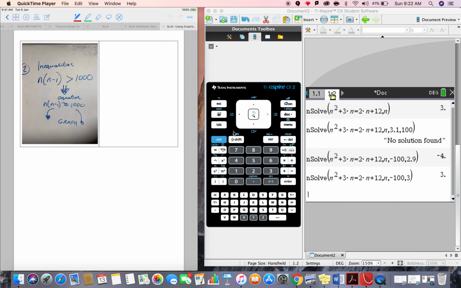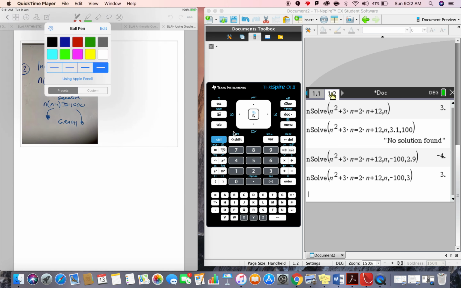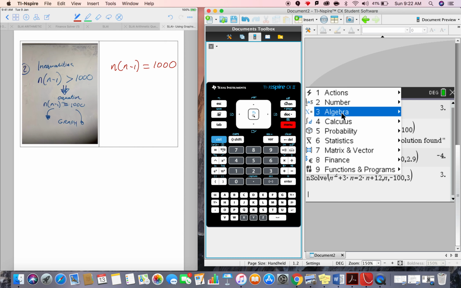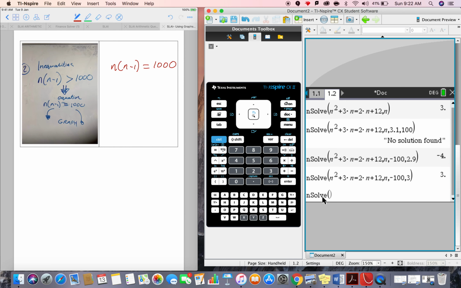Asking us to solve an inequality, and I think you guys know that we're just going to go ahead and solve it using an equation anyway, and then we're going to think about the actual final solution. So we're going to try and solve again. Menu, algebra, numerical solve, and N-solve we are going to type in n times n minus 1 equals 1000,